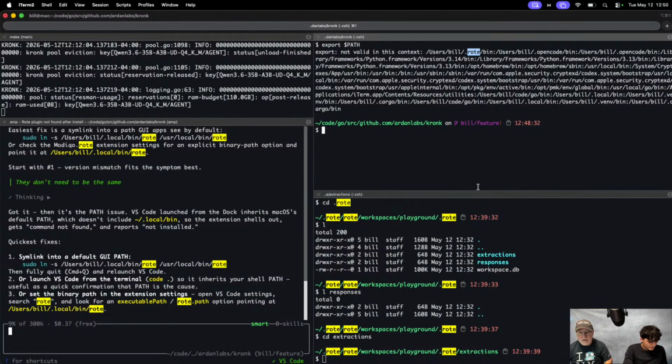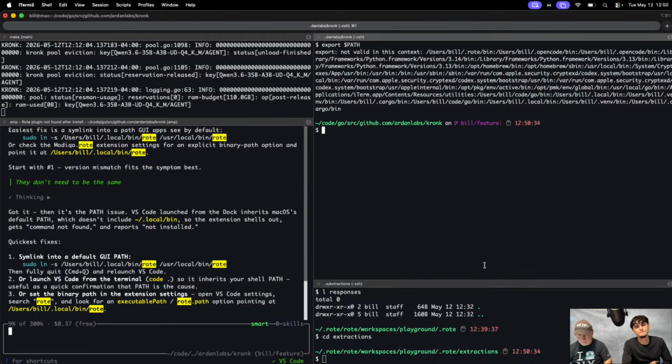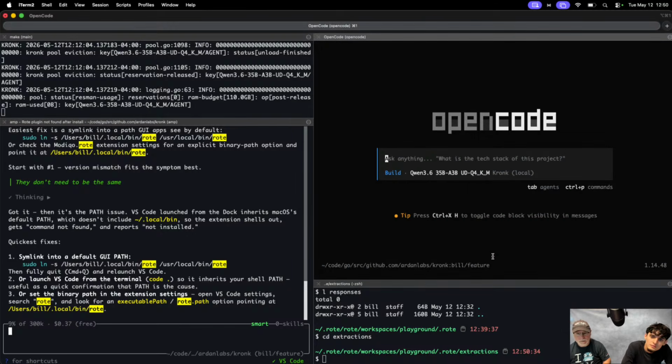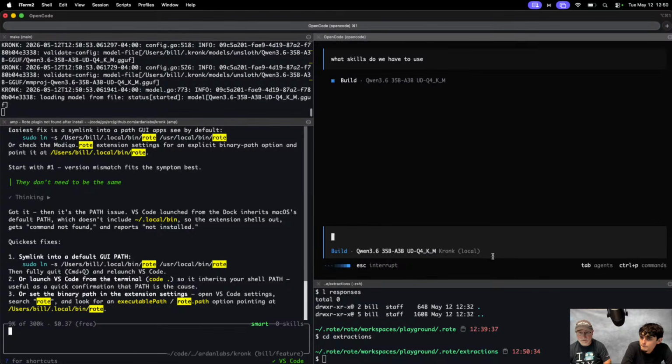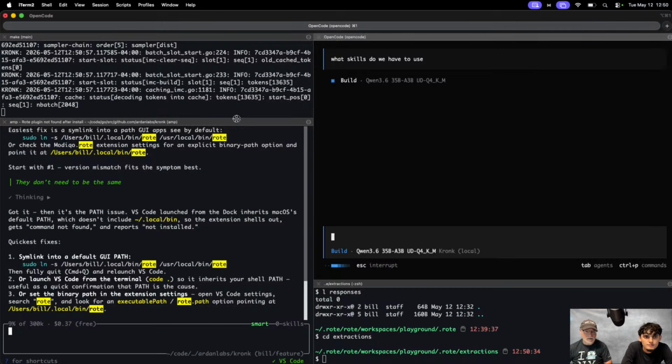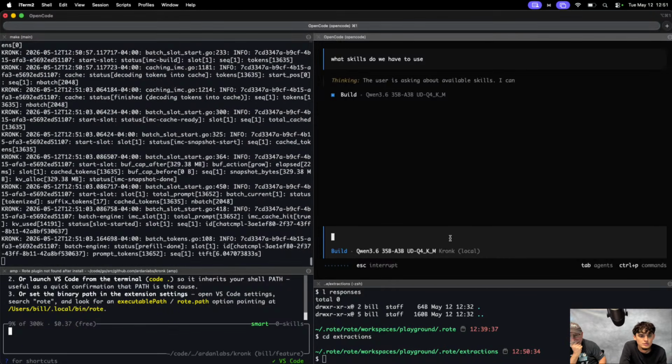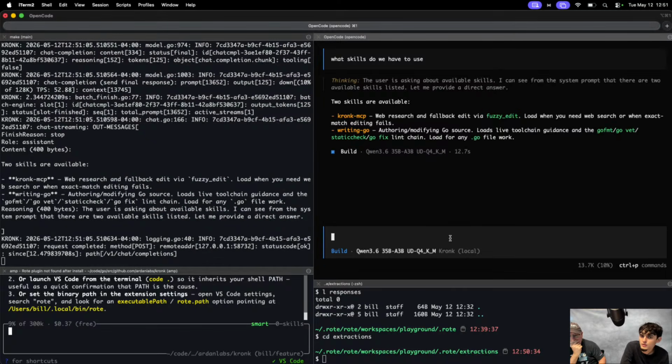So I'm going to bring up open code. And now I'm going to say, hey, what skills do we have to use? Let's see what it says. Now, those are the two skills, but it should go through rote, right?